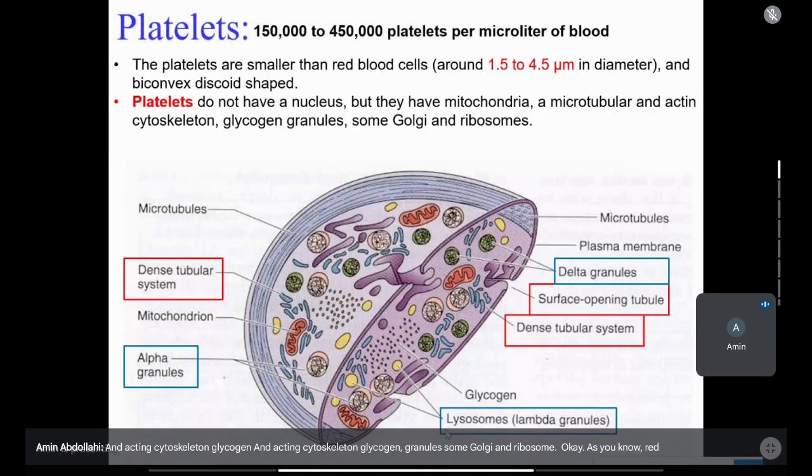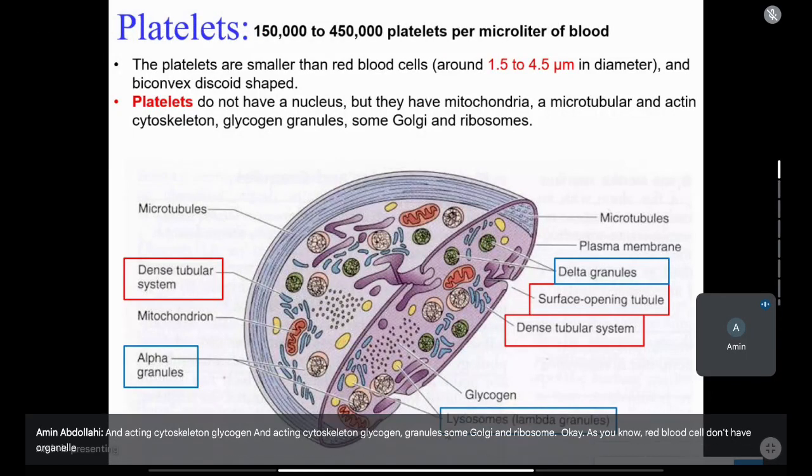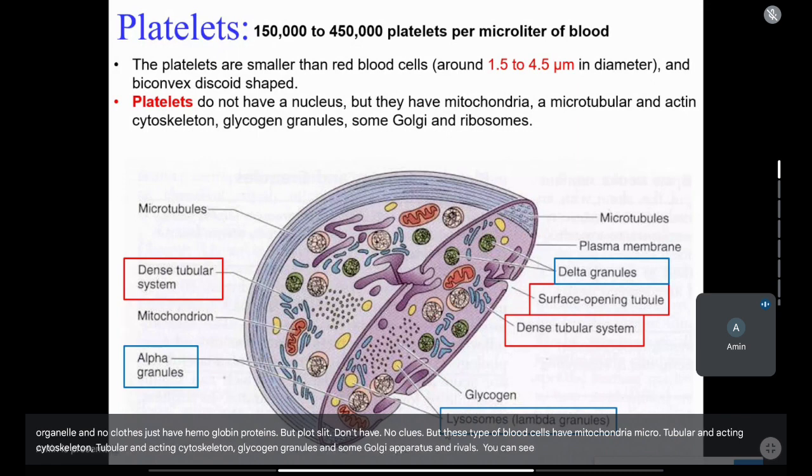Red blood cells don't have organelles and a nucleus, they just have hemoglobin proteins. But platelets don't have a nucleus either. But these blood cells have mitochondria, microtubular and actin cytoskeleton, glycogen granules, and some Golgi apparatus and ribosomes. You can see in this picture